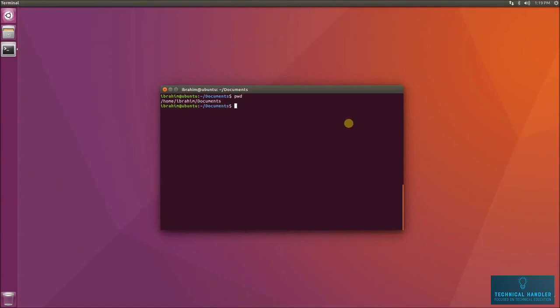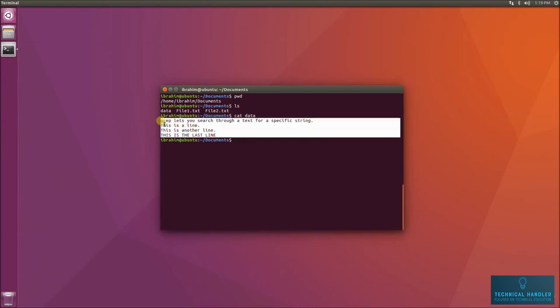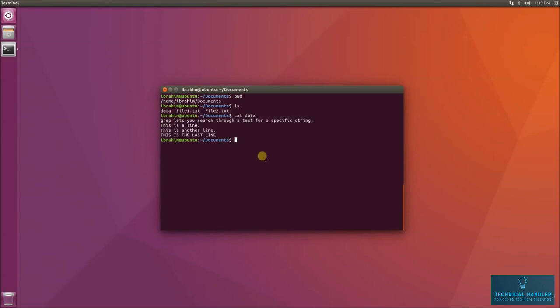So I'm currently in /home/Ibrahim/documents, and I have a couple of files here, and this file right here, data, is the one we're going to use. So if I cat data, you're going to see that it's a normal text file with a couple of sentences. Now, it is to note here that data is not written data.txt,